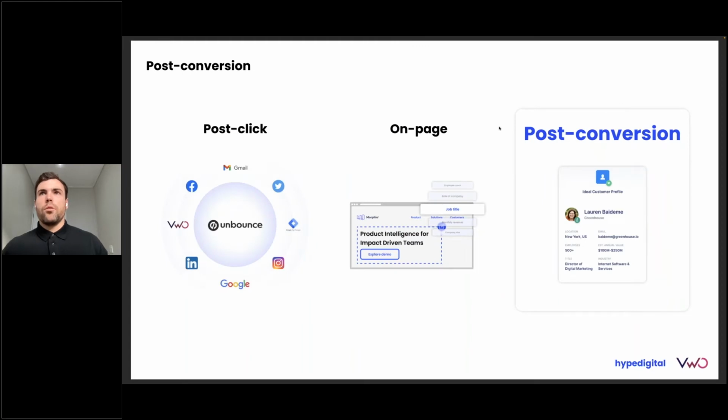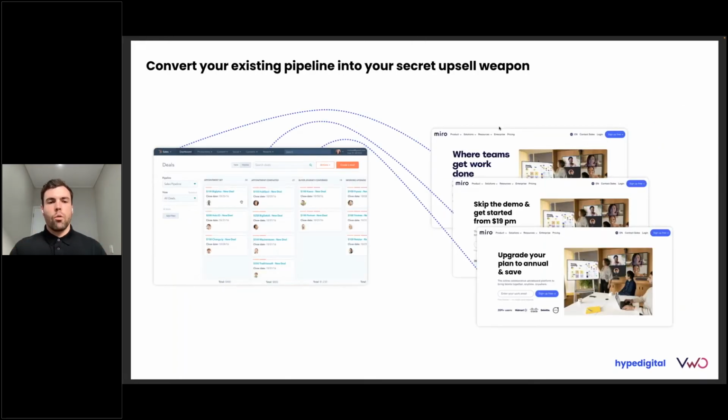So now, lastly, we're moving on to post-conversion and this ideal customer profile, closing that all in. What we're saying now is you can convert your existing pipeline into your secret upsell weapon. By integrating this ICP, this customer profile, with your CRM tool by means of API, you can use all of this existing information to create an entirely personalized, bespoke, tailor-made experience